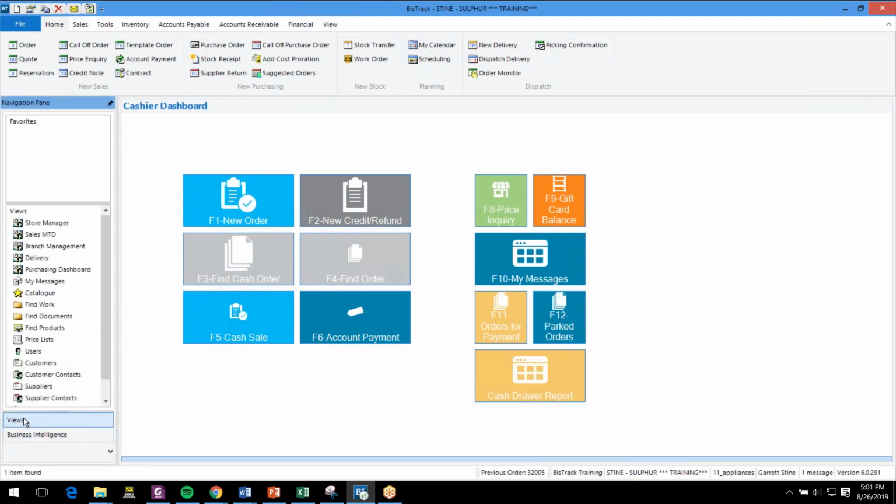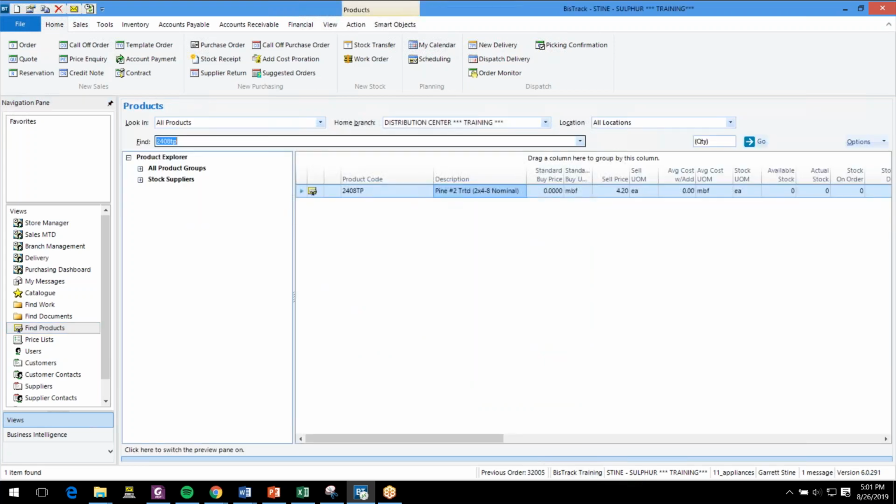So under Views on the left-hand side, we're going to go to Find Products. When you click on Find Products, knowing that we're looking up a 2x4 treated, and you press Go,